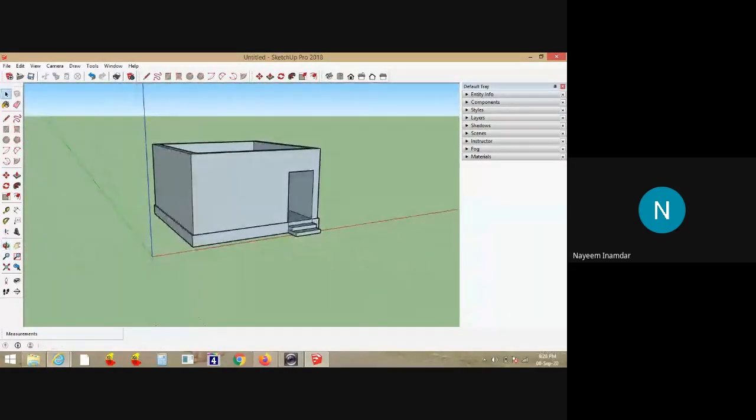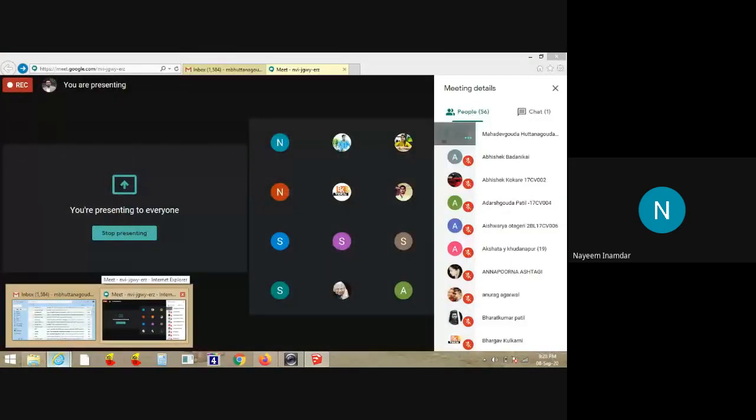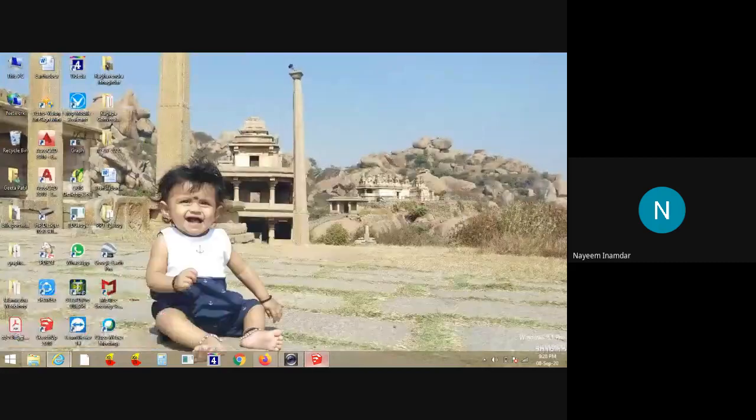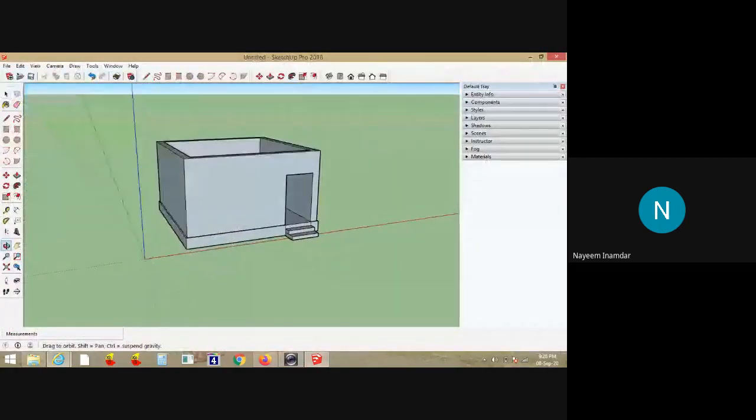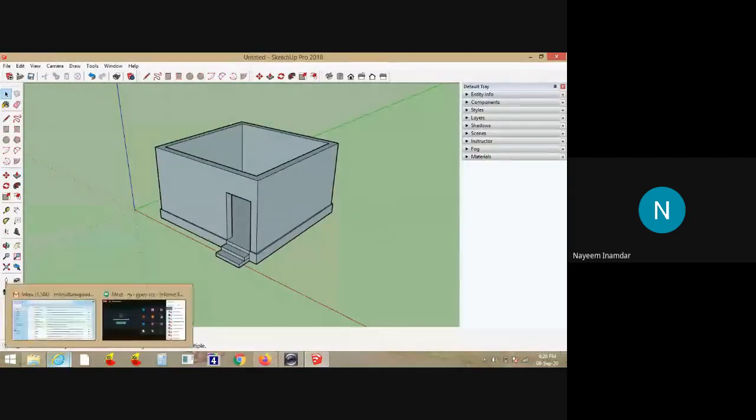So till here any doubts? Open, because if I keep continuing you will be under confusion. Students, if you have any doubt regarding what they have done till now, you can ask them. Or if you have any doubt regarding the commands, you can ask.